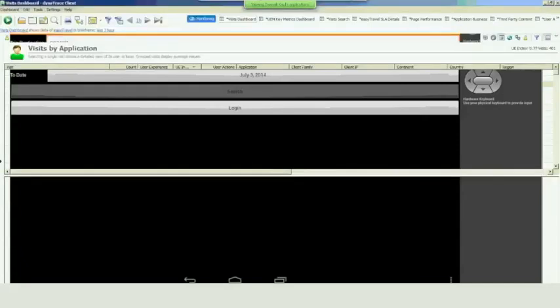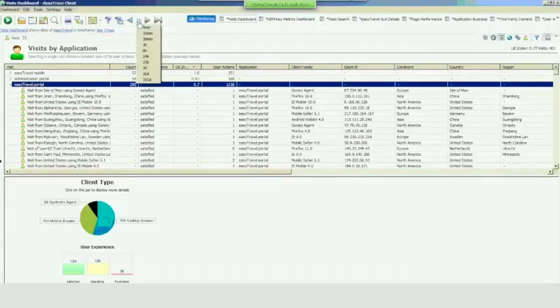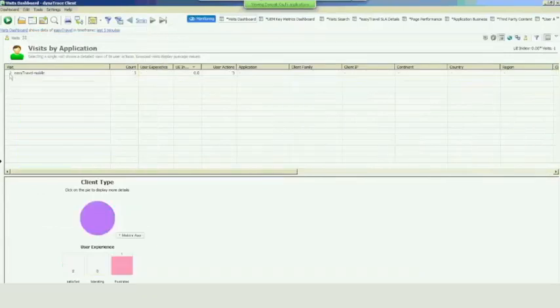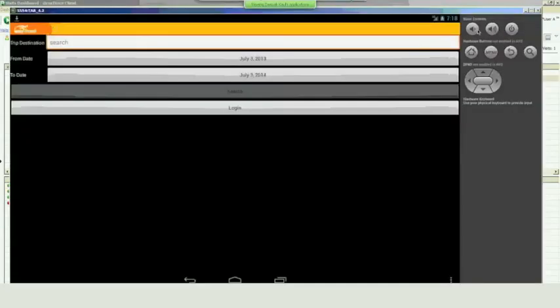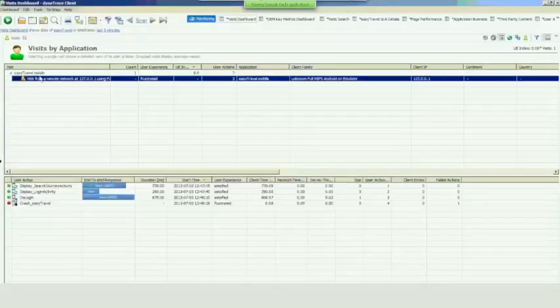So I'm going to look at the 5-minute time frame. I can see that there is an action which has come from Easy Travel. So I have this web application. It's an Android tab emulator here. I can quickly see that I got a request for Easy Travel Mobile from an Android emulator, and I can see the user, what he tried to do is after looking for the search, he did a login, and after login, there is a crash.